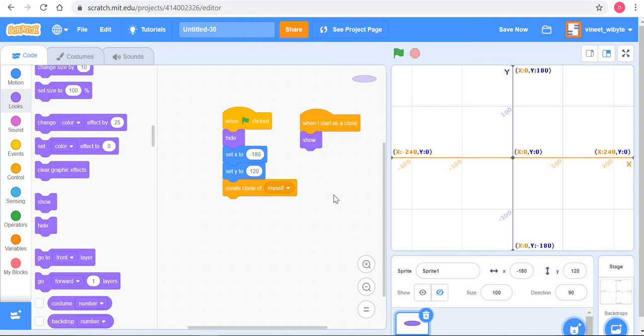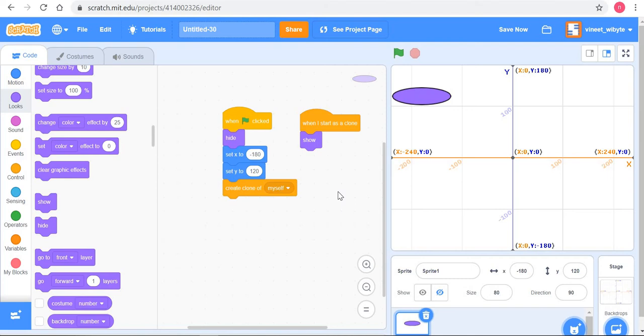So let's just run this very simple piece of code where I'm saying when flag clicked, hide in the beginning, set x to minus 180, y to 120, create a clone of myself, and when I start as a clone, show, right? So when I click this, I get a sprite somewhere here, right? Now this sprite is a little bit large. It's all right. Probably we can make its size a little smaller. Let's say we make it 90 so that it fits in, but that's not particularly important for this, right? Maybe we can make it even smaller, let's say 80, right? So that's just size, right? So now it fits in nicely, right?